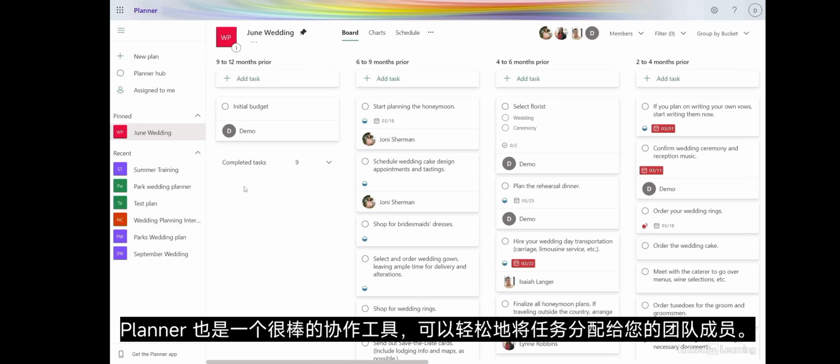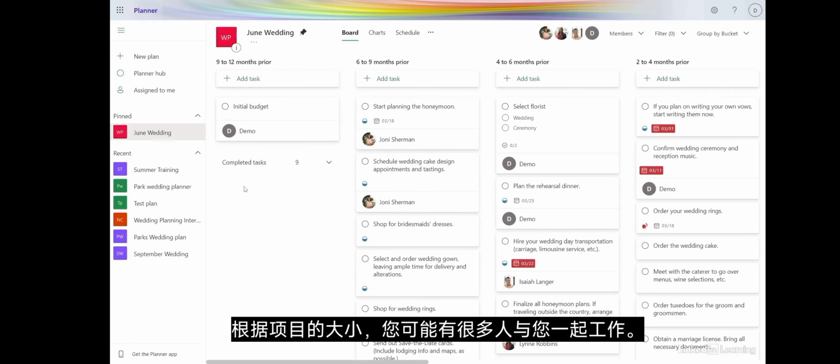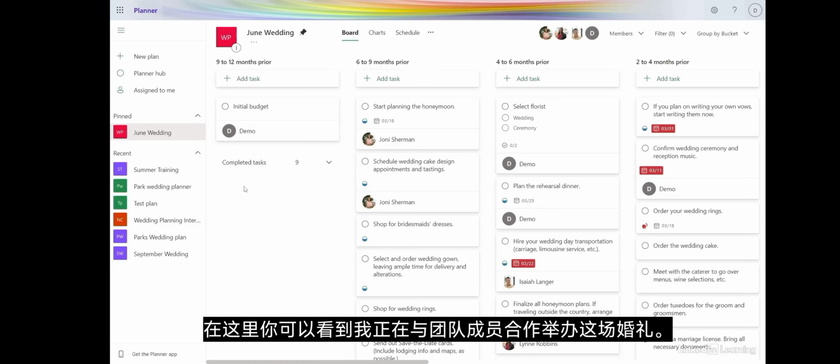Planner is also a great collaboration tool that makes it easy to assign tasks to your team members. Depending on the size of your project, you may have many people working with you. Each member of your team can be assigned tasks that speak to their skills. Here you can see I'm collaborating with team members for this wedding. We work together to complete tasks